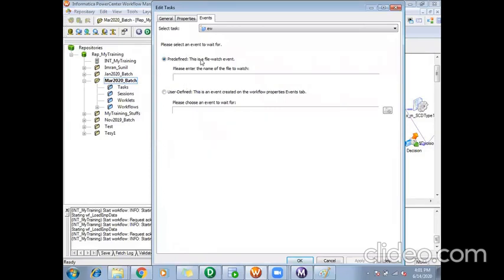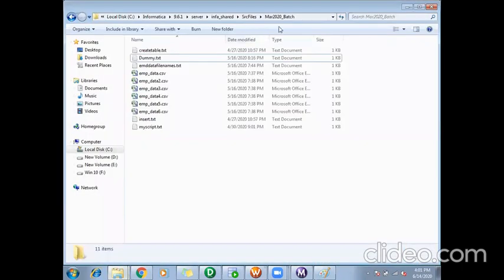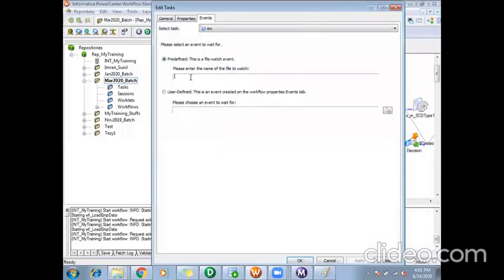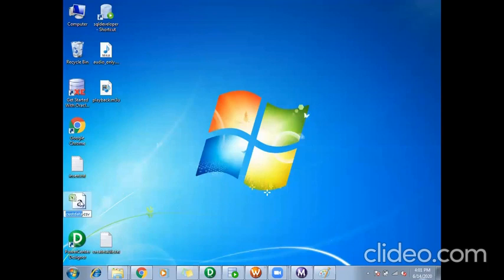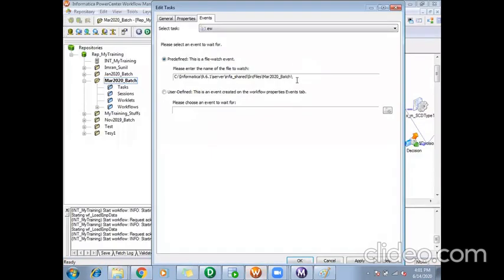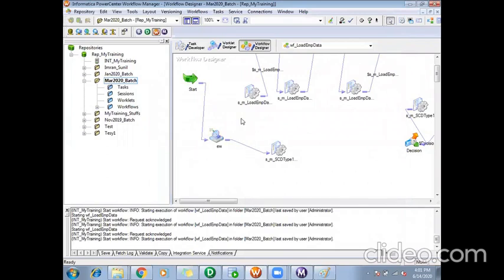If I select predefined, it acts as a file watch event. I'll specify the path of the file which I need to use, and apply.